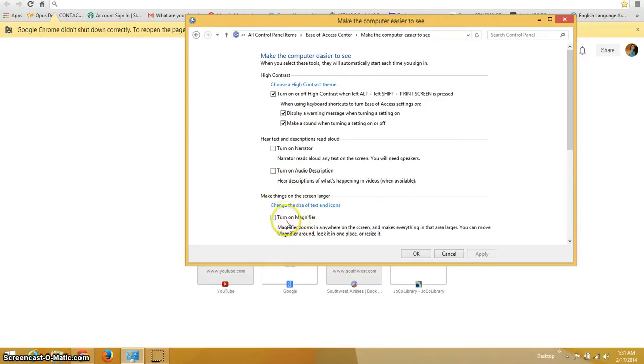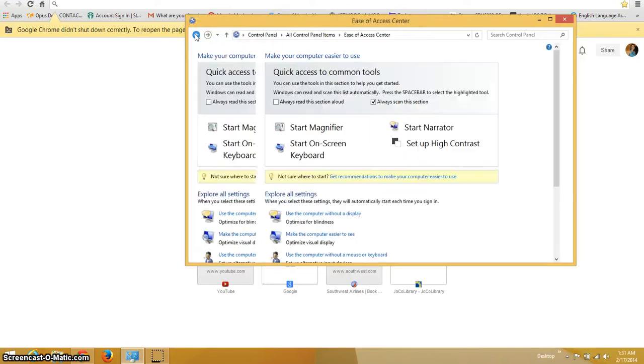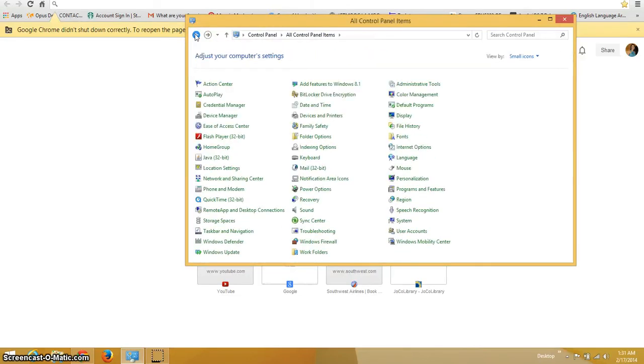You can also turn on the magnifier here, or you can choose that high contrast theme here for, again, students who may have any sort of visual delay or visual need for an accommodation. That's where you would find it. Also in the Ease of Access Center, you'll find at the very bottom,